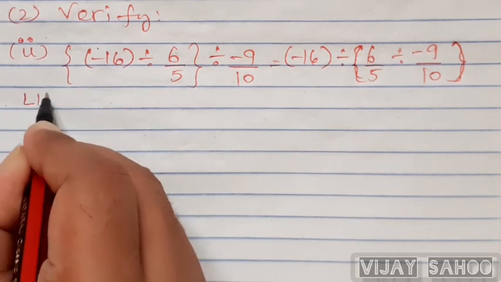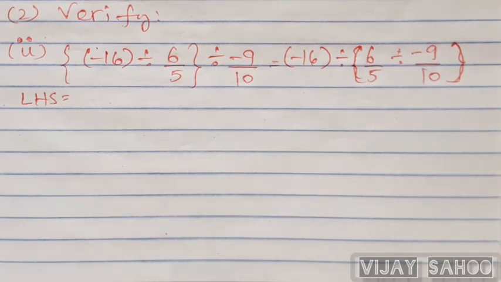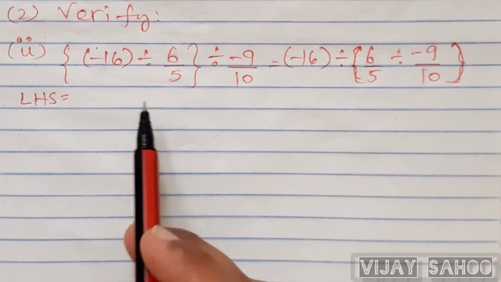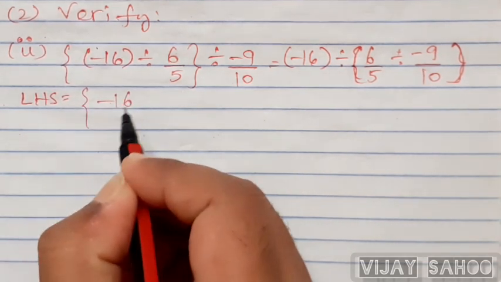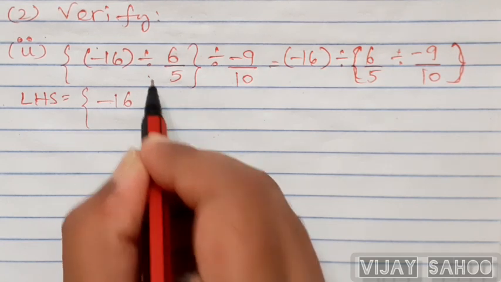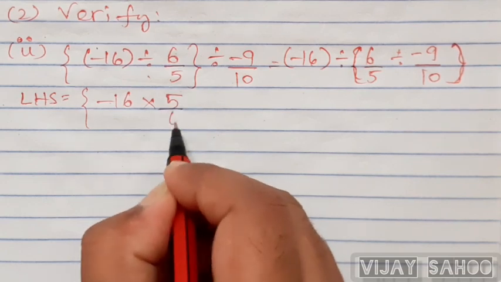Now, we know that verification will always start from LHS and then we'll move towards the RHS. If both the statements are having same answer, then we'll be saying that LHS is equals to RHS. Okay, so first we'll try to solve the values inside the bracket. Minus 16, right now I explained to you, division will be converted into multiplication and you have to take the